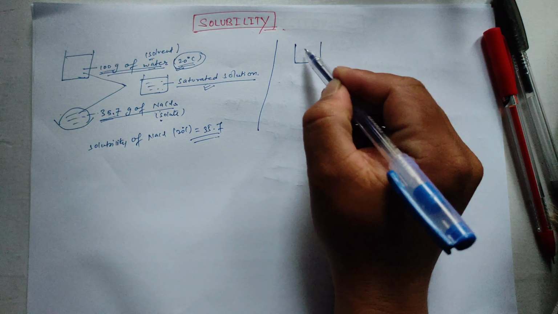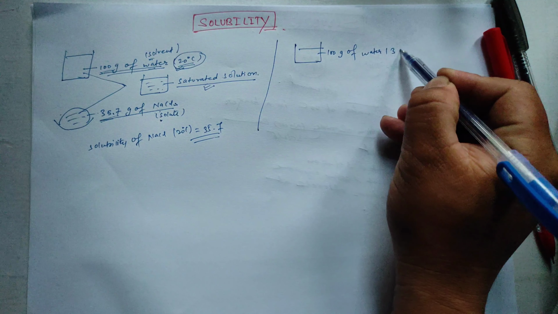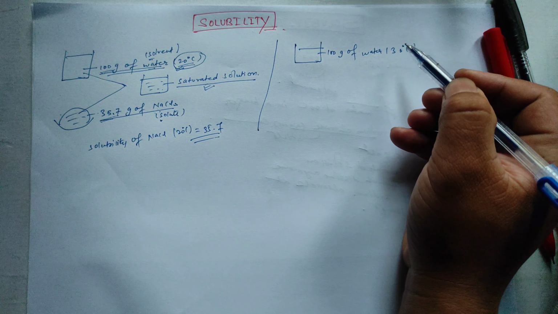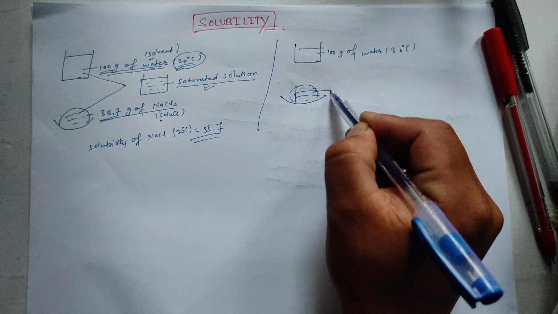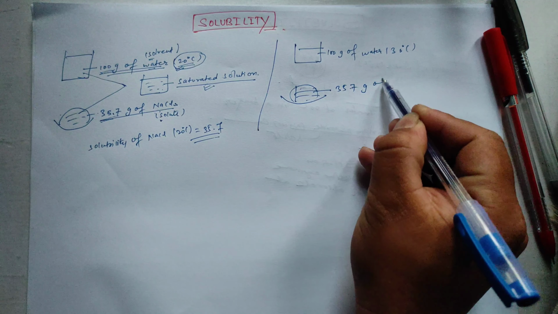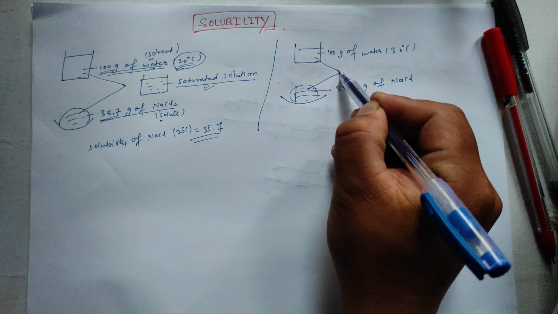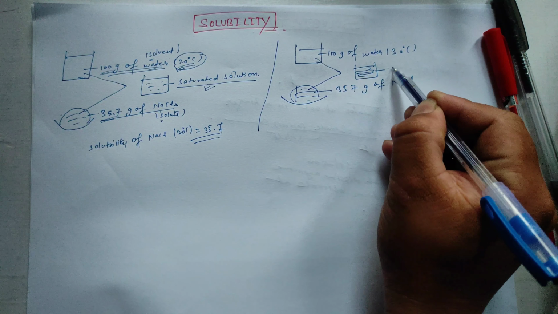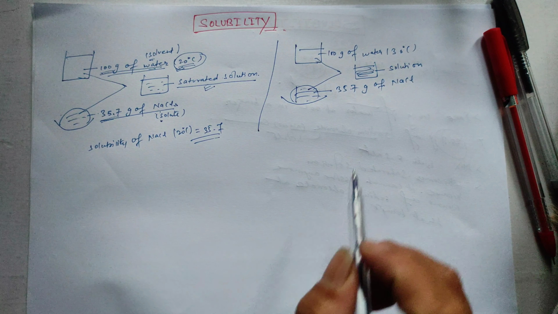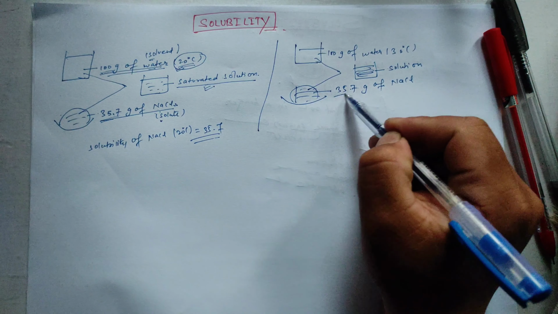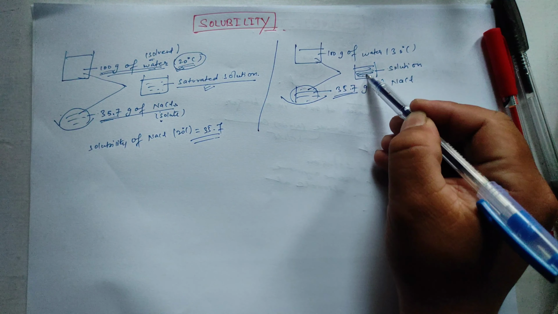Again take 100 gram of water, now at 30 degrees Celsius, and take 35.7 gram of sodium chloride, NaCl, and mix it. Now on mixing it forms a solution, but it is not a saturated solution. Because in addition to 35.7 gram of sodium chloride, more sodium chloride can be dissolved here, so it is not a